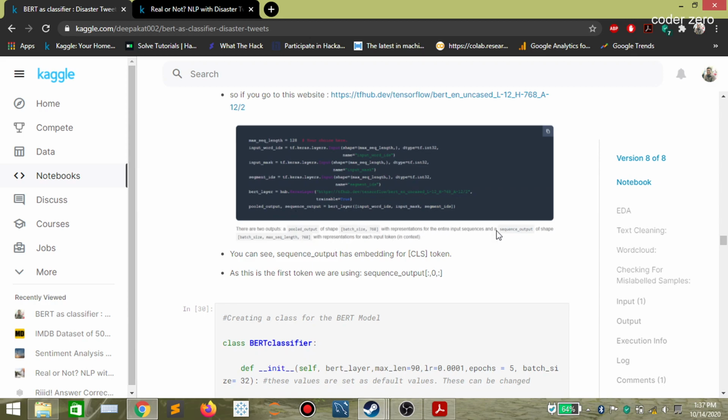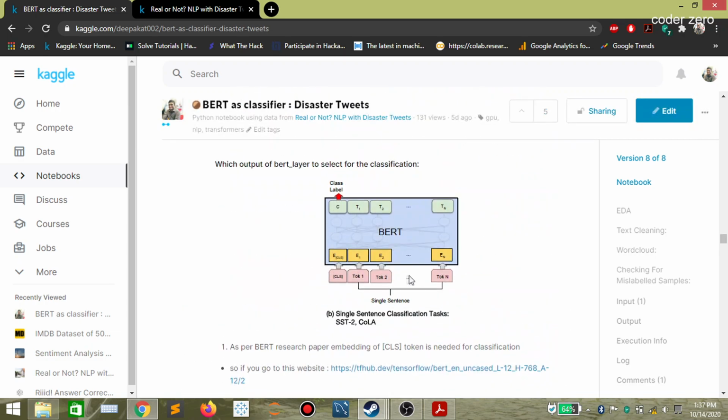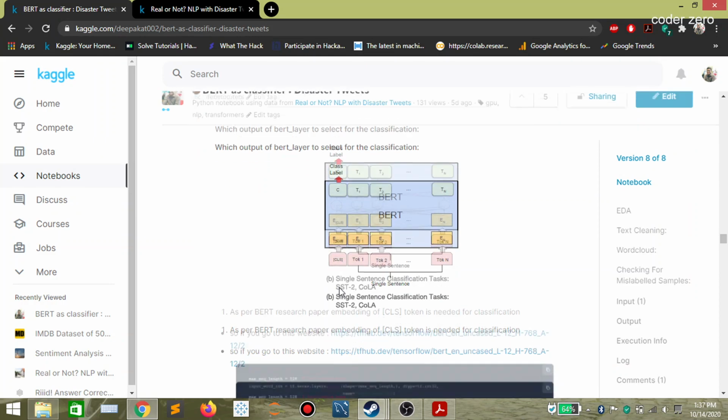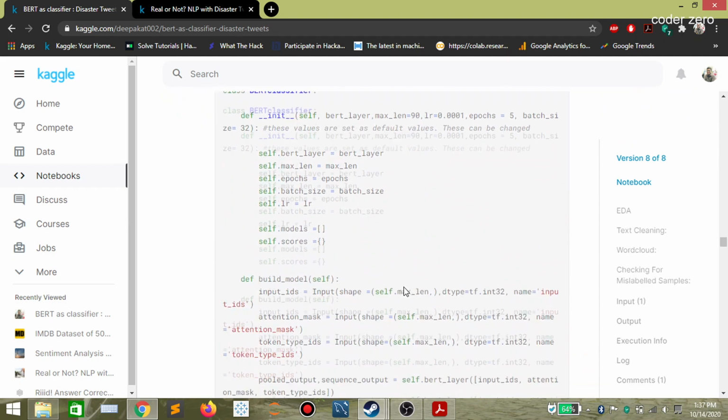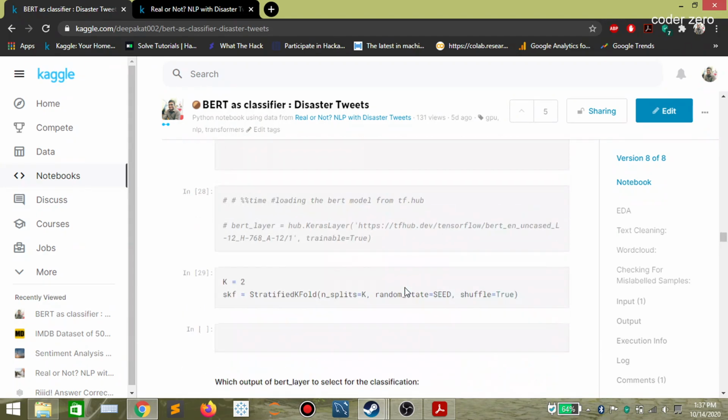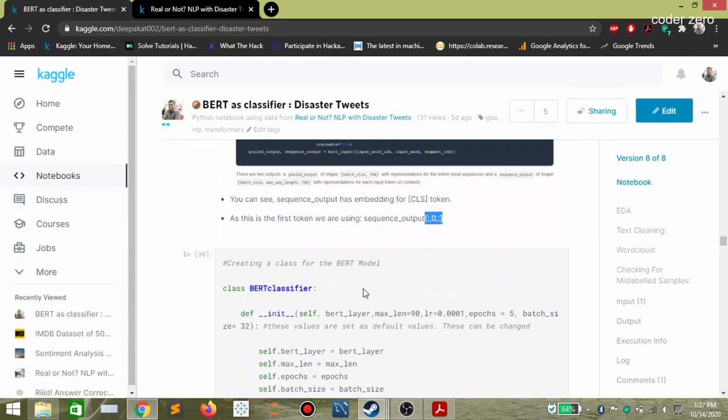You can see the sequence output is of shape batch size, max sequence length, and 768. Guys, you can see here the CLS token is present at the start of the sentence. That's why we are getting the embedding of the CLS token in this way, right? The same thing we will be doing inside this class.